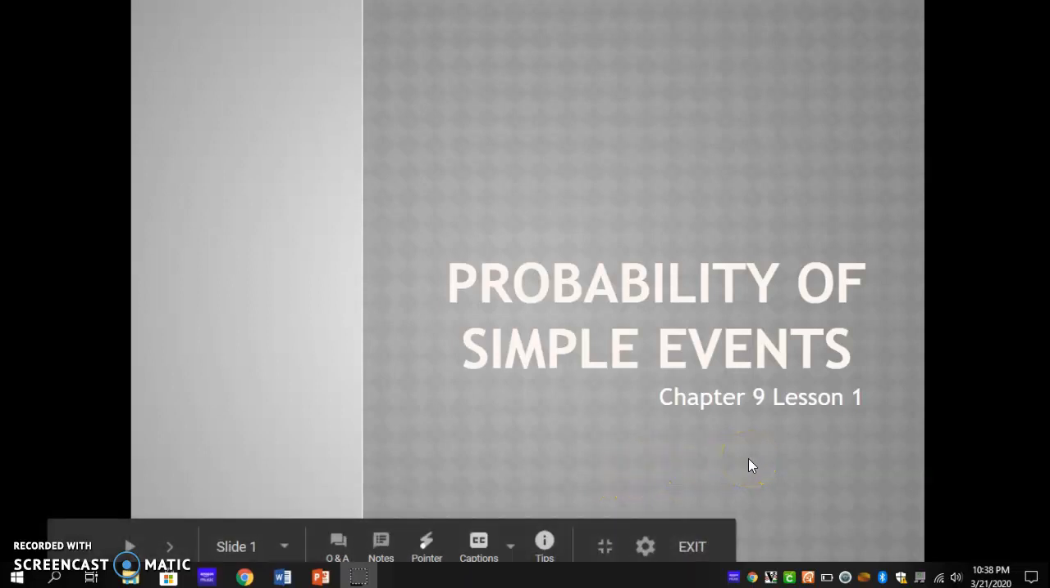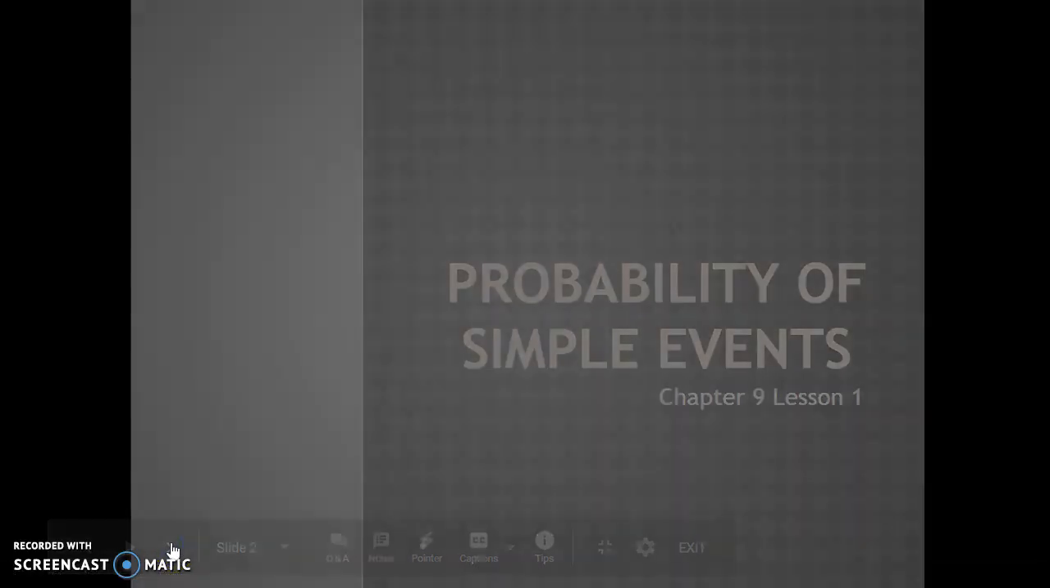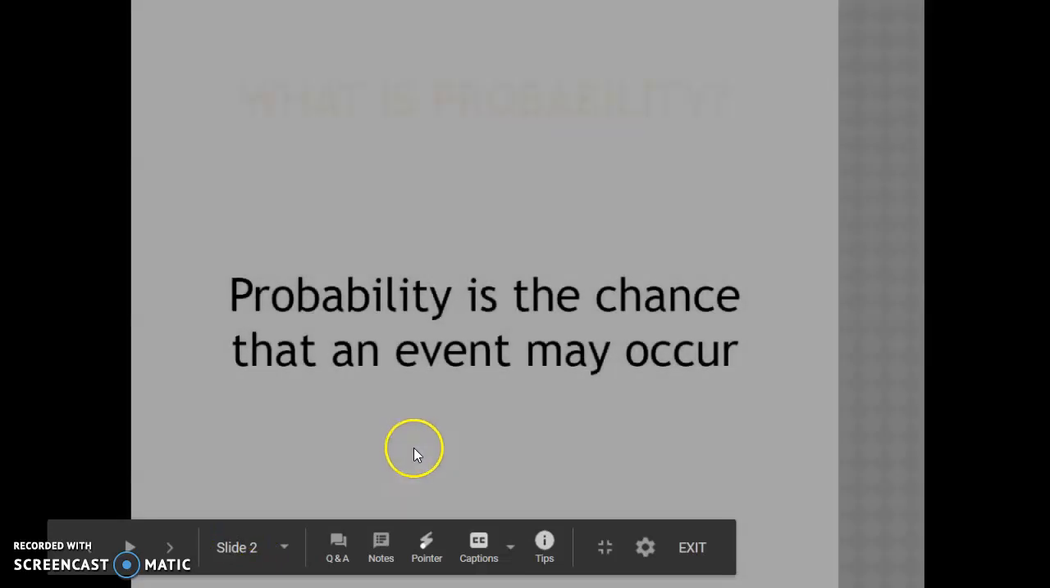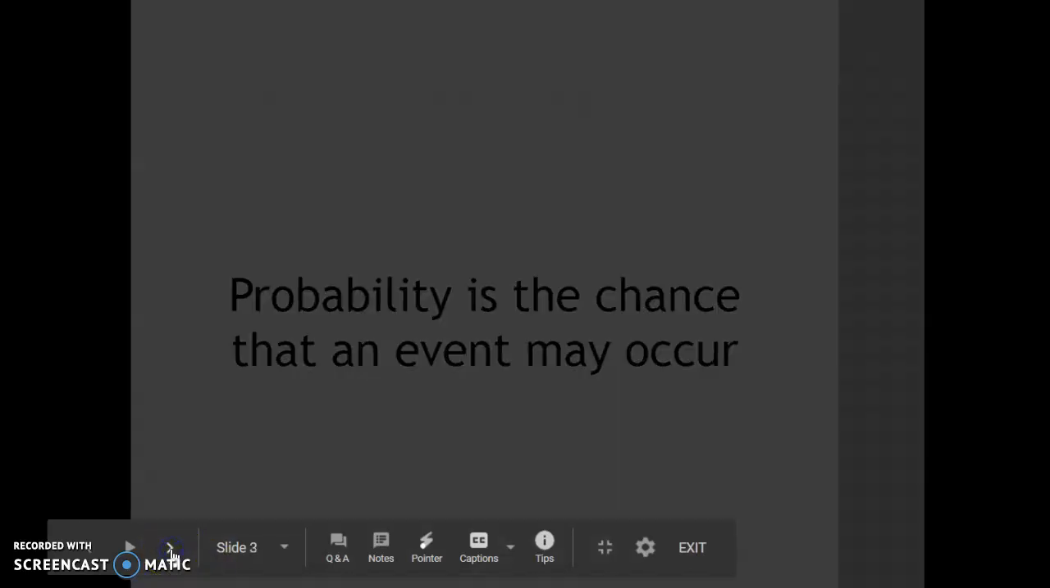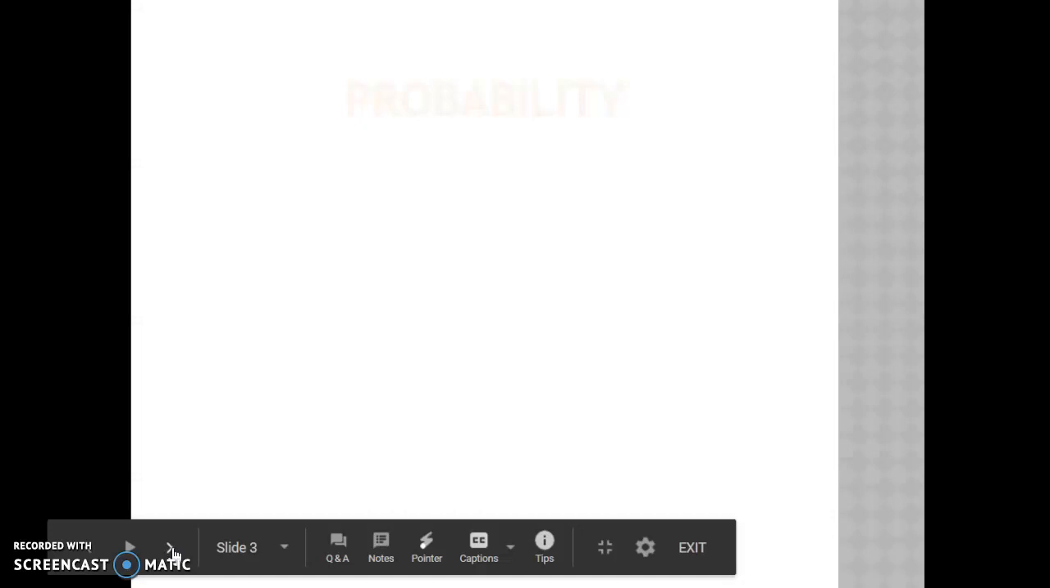Alright, so we're going to begin a new chapter, Chapter 9, Lesson 1, the probability of simple events. And as we begin here, we define what probability is: the chance that an event may occur. So think about things where there would be different odds, rolling a dice, or choosing a card from a deck of cards. Really, probability can be a variety of things, and a couple of key terms that we're going to look at here break down